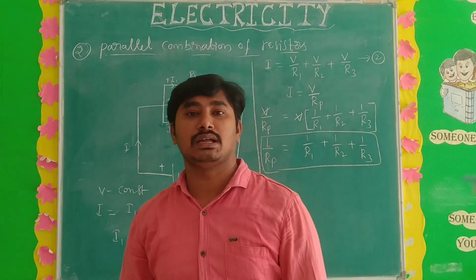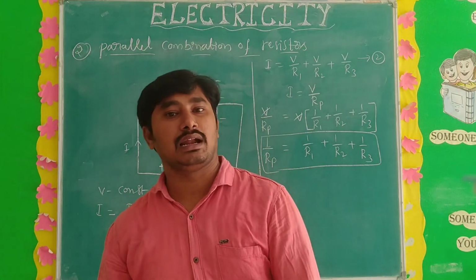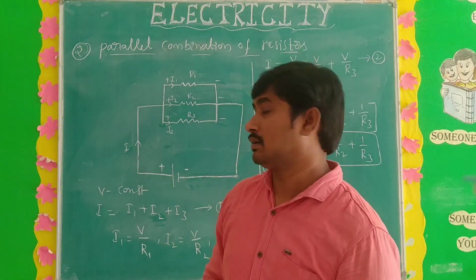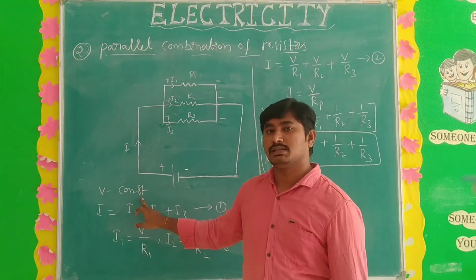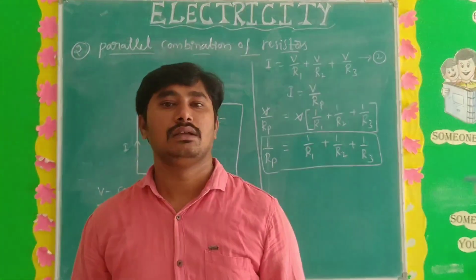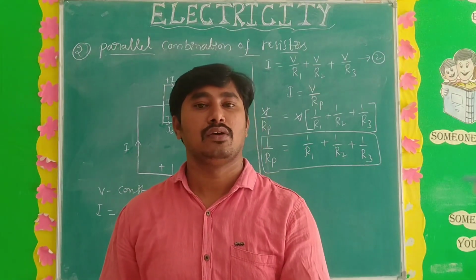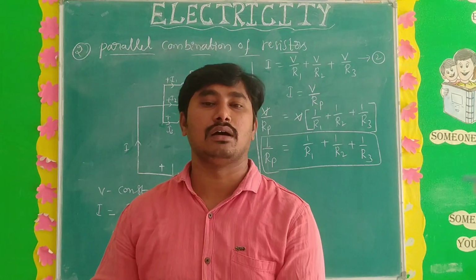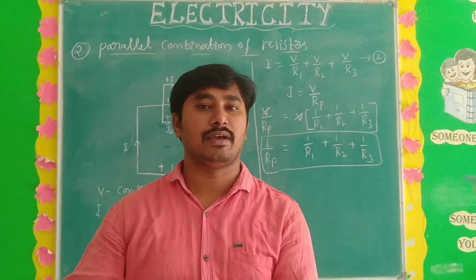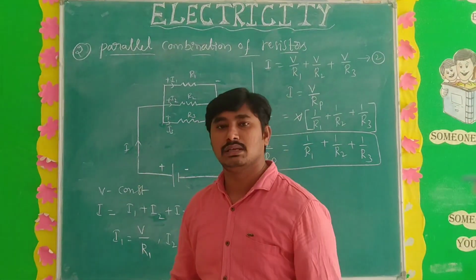Now, what are the important points in the parallel combination? In the parallel combination the current goes in multiple ways, but in series only one way. Also in the parallel combination the potential difference is constant and the current changes. The advantage of the parallel combination is that if any one bulb fails, there is no problem; the remaining bulbs glow. We can switch appliances on or off individually, as in houses. If we want to switch on the fan, we only switch on the fan. You need not switch off the light; that is our wish.